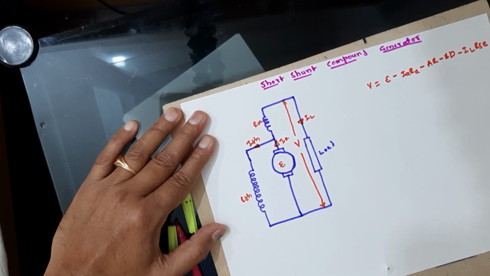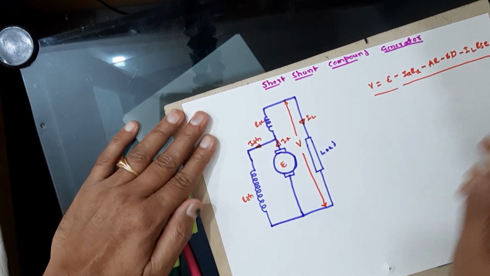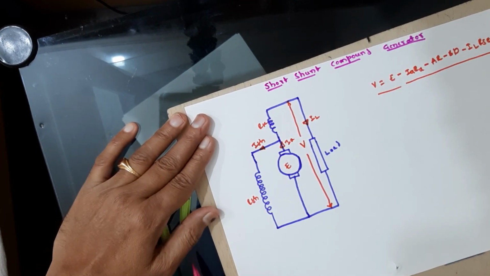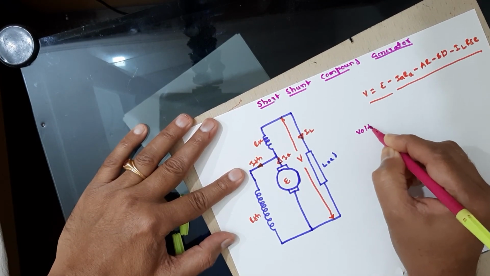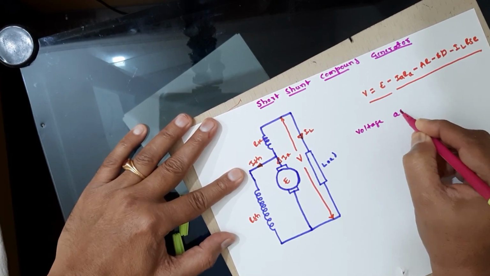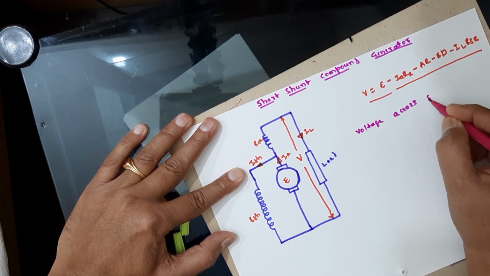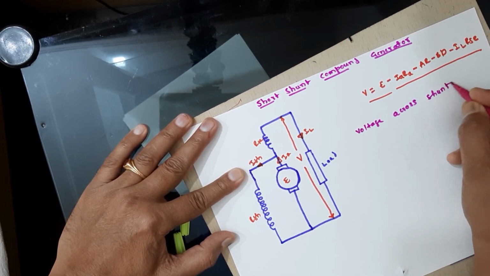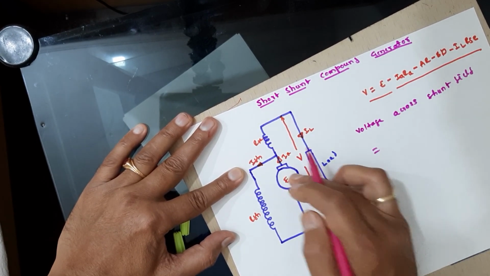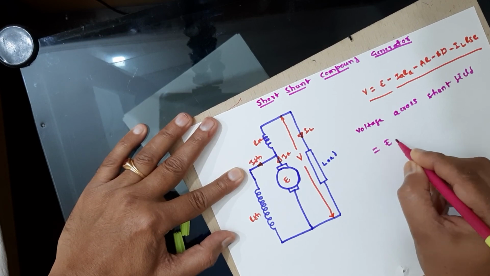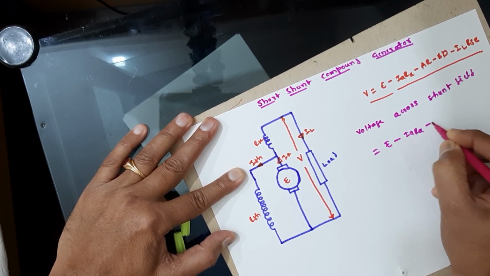Okay, this is the relation for the terminal voltage of a short shunt. Then carefully you can see the voltage across the shunt field is equal to, what is that first? E minus IRA minus armature